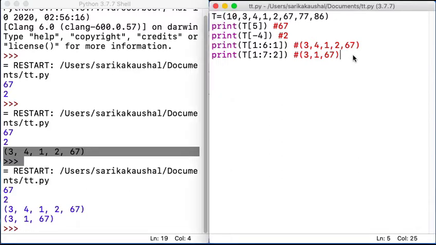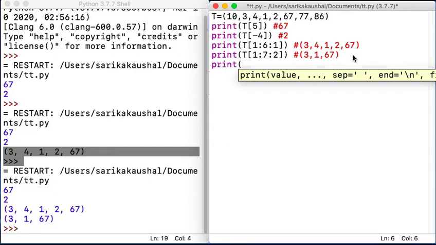Same way, if I would like to display the tuple elements in the reverse order, what am I supposed to do? Reverse order is very simple. Just say this and simply use -1 at the end. So when you're doing -1 at the end, automatically the starting index and the ending index are taken from the right hand side, not from the left hand side, because Python is smart enough.